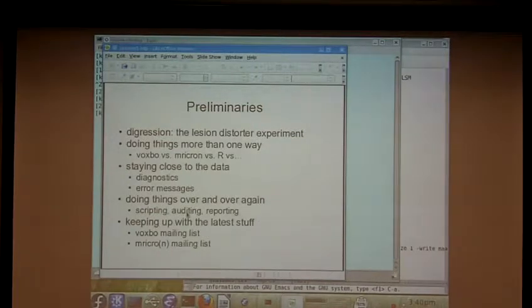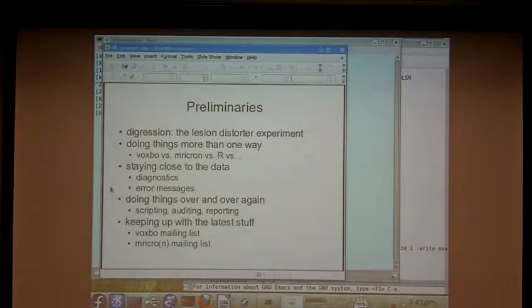I think two of the most important are auditing, to make sure you know exactly what you've done, and reporting, so that you can tell other people exactly what you've done, which I guess are the same thing. And a third one, which I didn't put on here, is tweaking your analyses. If you realize you've done something wrong or that you'd like to try something a different way, it's much easier if you have some kind of script or other system for automating your analyses. So I recommend generally when you embark on VLSM analyses or fMRI analyses or anything,